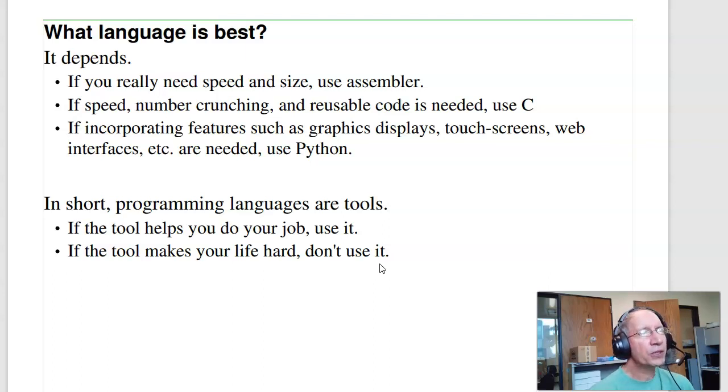If you want code which is reusable, but you still need speed and number crunching abilities, that's where C kind of shines. C is a whole lot easier to use than assembly. It compiles, it's fast, it's a little bit slower, it's larger than assembly, but C is just a great number cruncher. If, however, you want to incorporate features such as a graphics display, touchscreens, web interfaces, stuff like that,